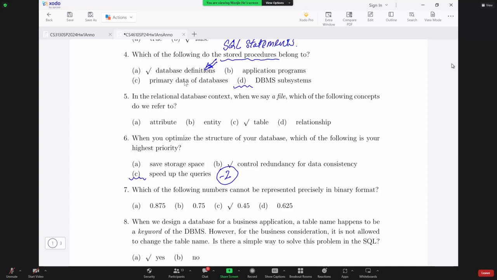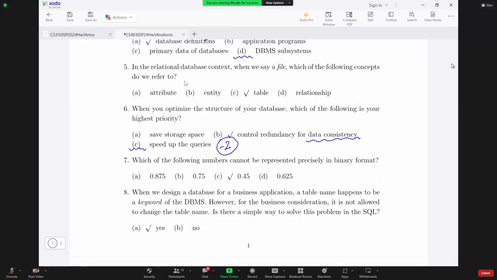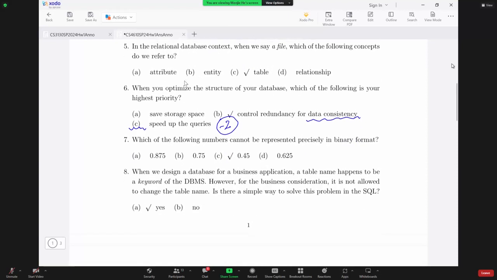Then second, we want to speed up. We want to make the response time as fast as possible. So C is second best. B is the best answer. Data consistency, always the most important. We talk about this in the notes. A few students miss that. And other than that,